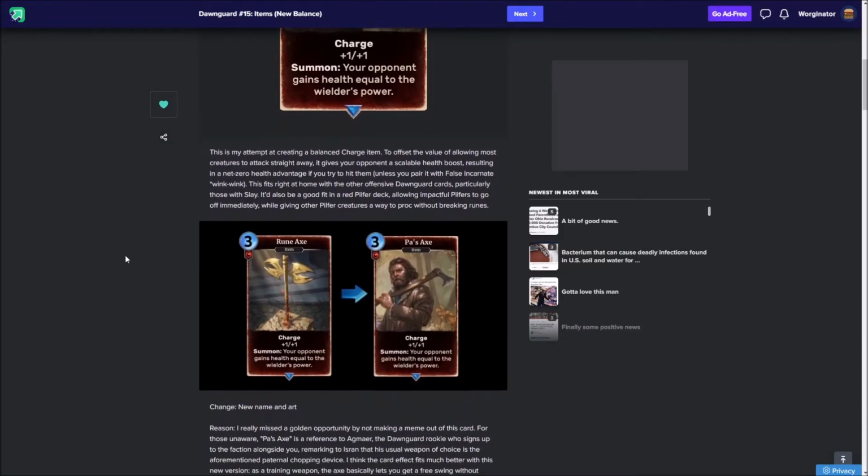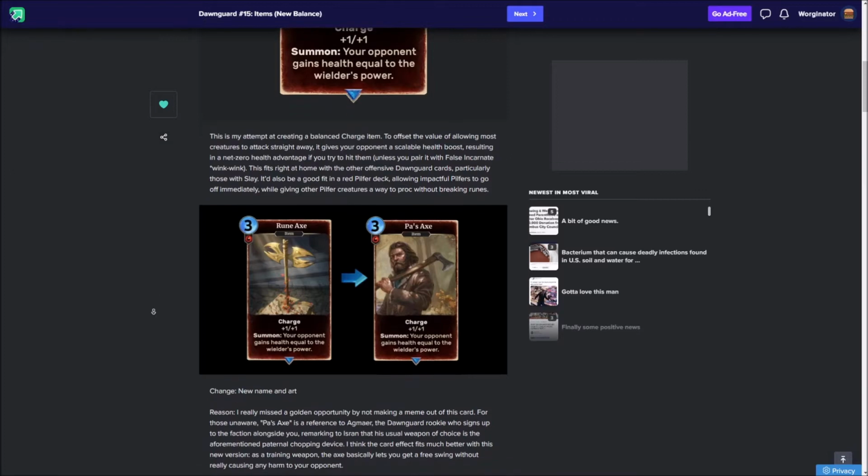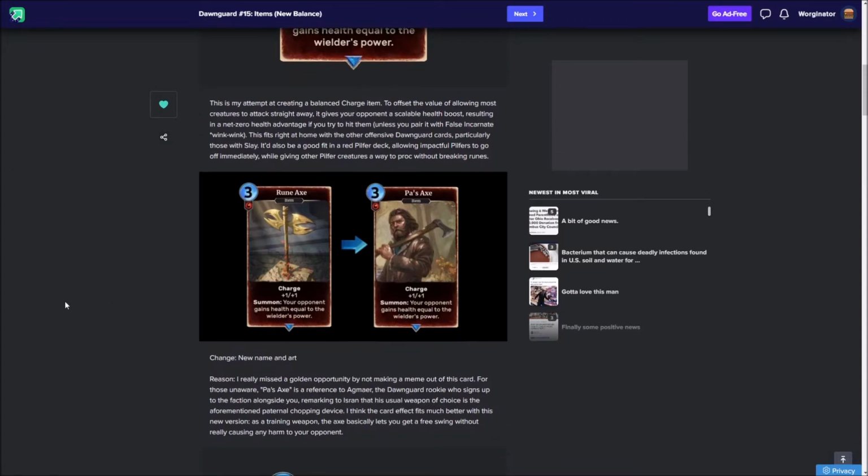As you can tell, the difference to this card isn't that big, it's just the name and the artwork. And the reason for this is because Runeaxe was kind of a tame and just a casual idea, but Parzax links more in with the Dawnguard DLC because it relates to a bit of a little gag that happens when you join the Dawnguard faction at the very beginning of the DLC. And the rookie who starts at the same time as you, Agmir, he mentions that his go-to weapon is his Parzax, which,